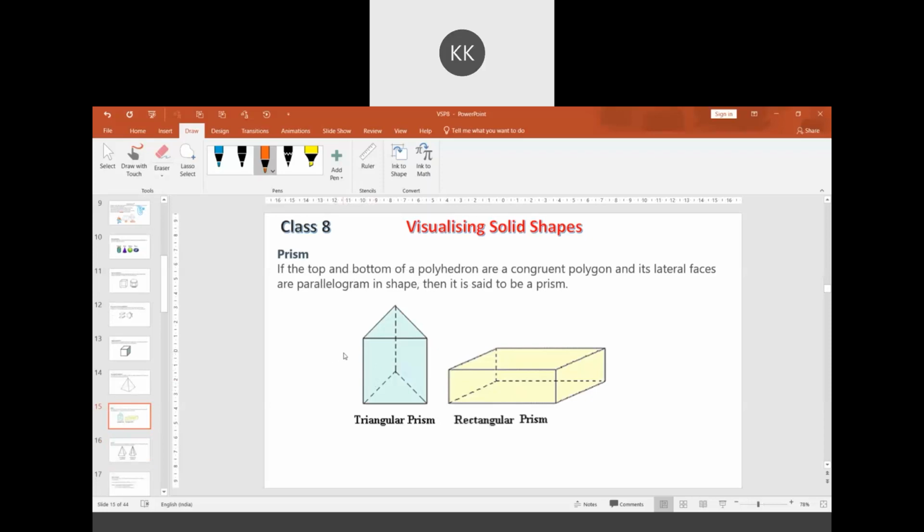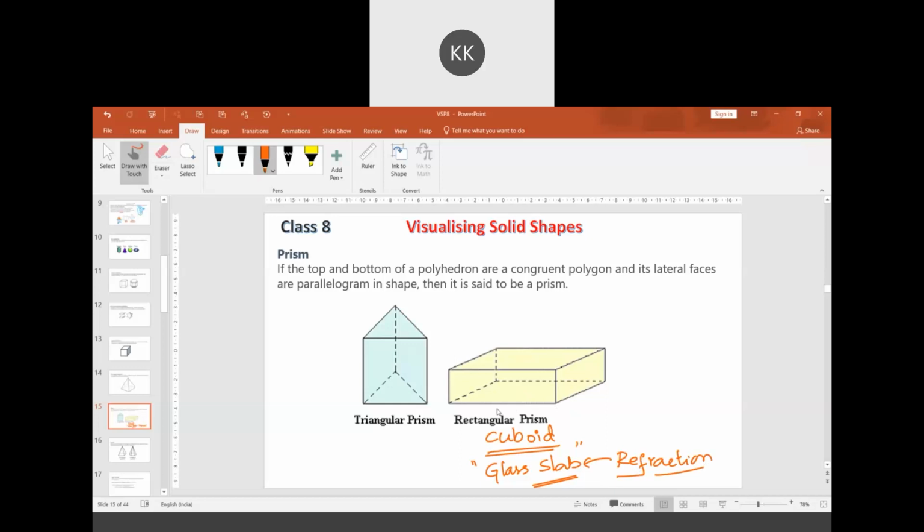Next we have prism. This you must have seen in the physics lab or in class. One is a triangular prism, other is a rectangular prism. This rectangular prism is also the same as a cuboid. Cuboid and rectangular prism are one and the same. Where have you come across this concept? Physics, sir. Light chapter. There is something called refraction in this concept. It's a glass slab.